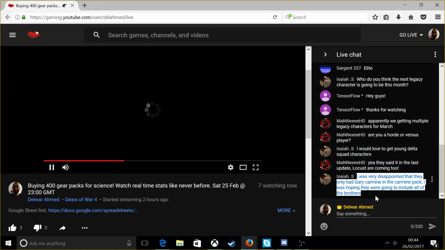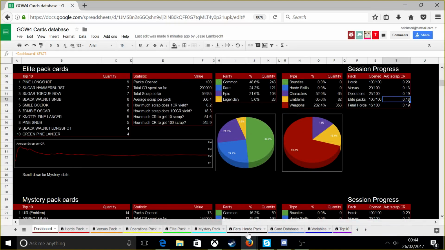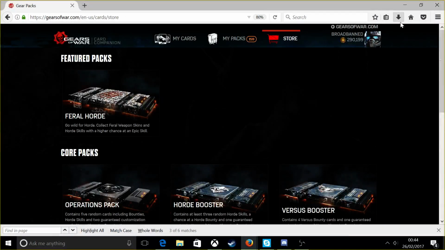I just wanted to give you guys, I know I mentioned the Gwent idea, I just wanted to throw another one out there. And again, anyone listening in, I was speaking to chaps about this earlier. I was thinking of creating a Chrome extension so that you guys could install a Chrome or a Firefox extension, and then when you go to buy, you would enable the extension, and then when you actually open the pack, this extension would intercept the data coming back from the Gear servers and read the packs and the cards that you've got, and then automatically enter it into my database, which would mean that all you would have to do is